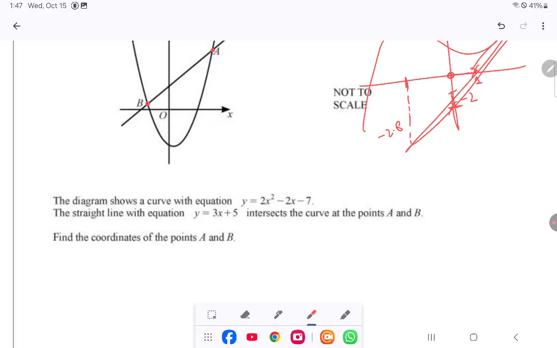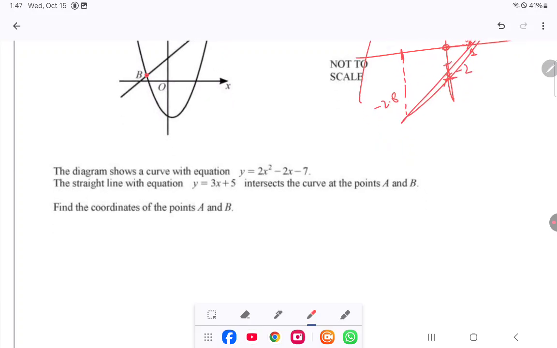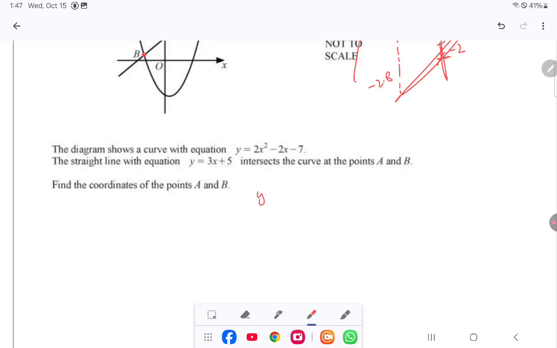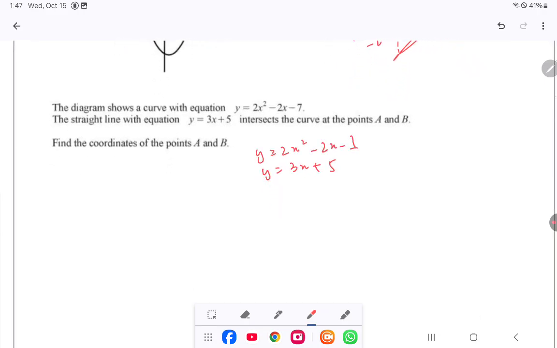Find the coordinates of points A and B. Now for that, write the equation y is equal to 2x square minus 2x minus 7 and y is equal to 3x plus 5, and when we solve the equations,